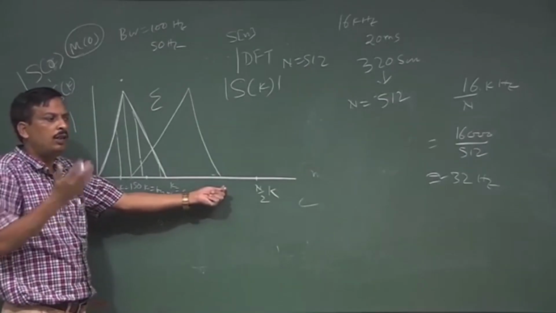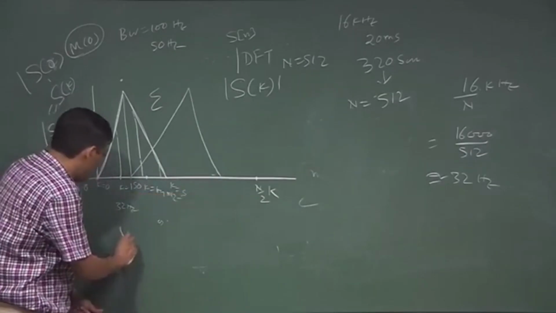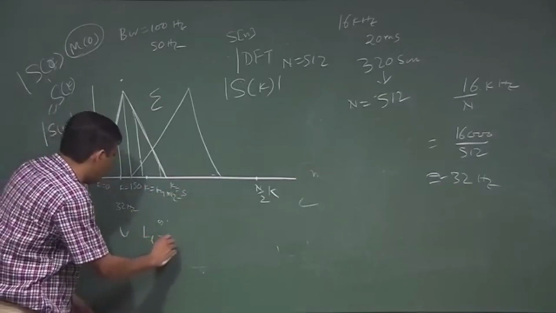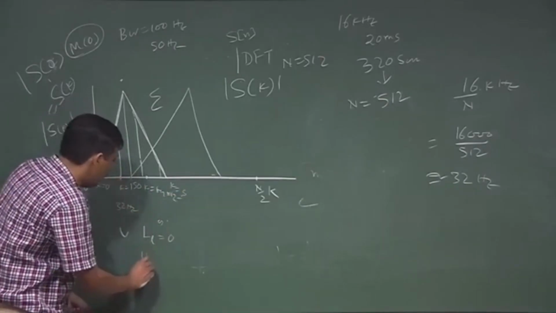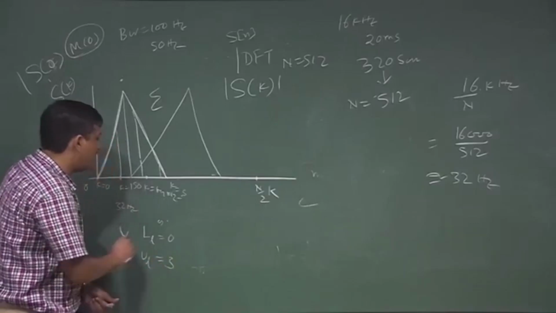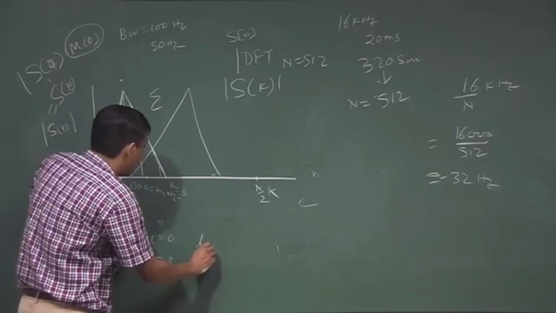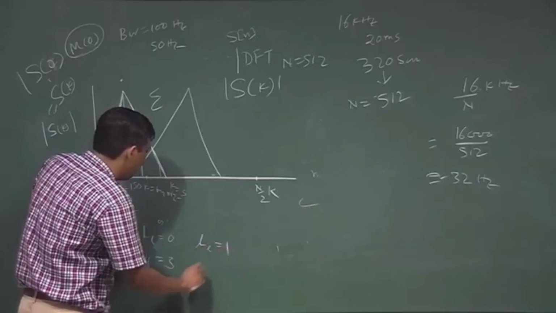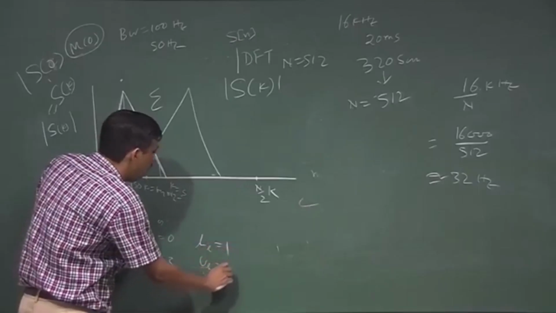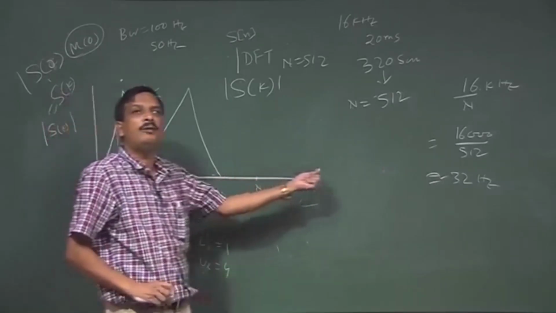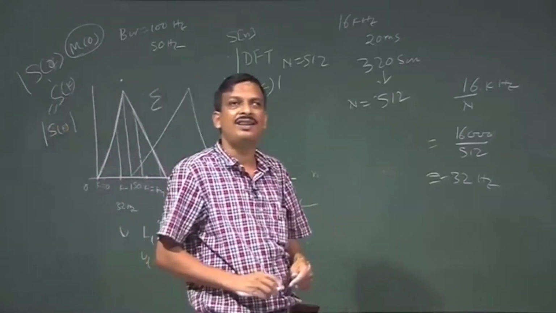So, for the first filter LL is equal to 0 and UL is equal to 3. For the second filter LL may be equal to 1 and UL equal to 4. That way I can design the filters and find S cap L,